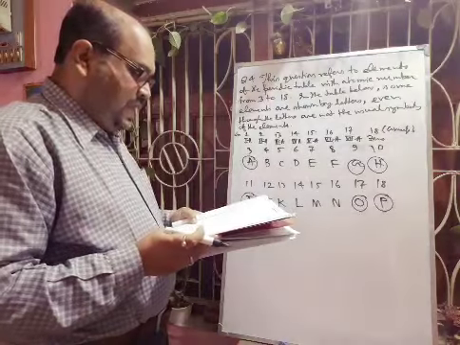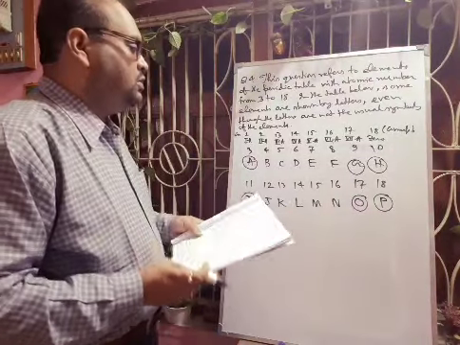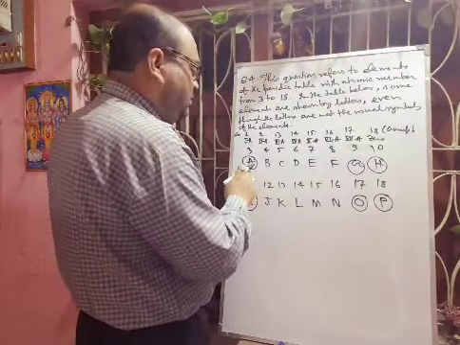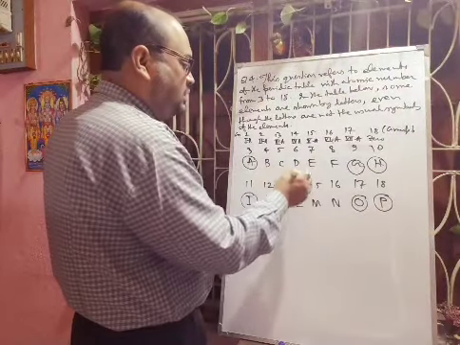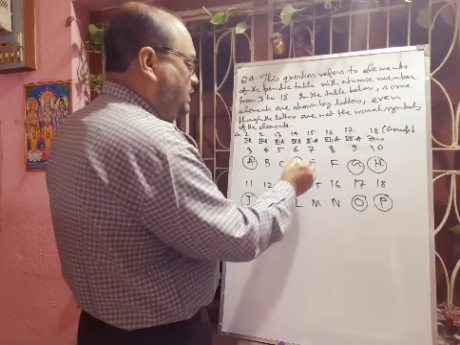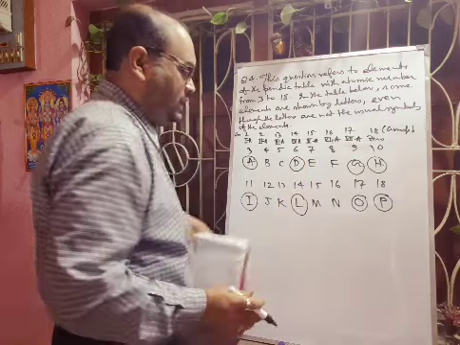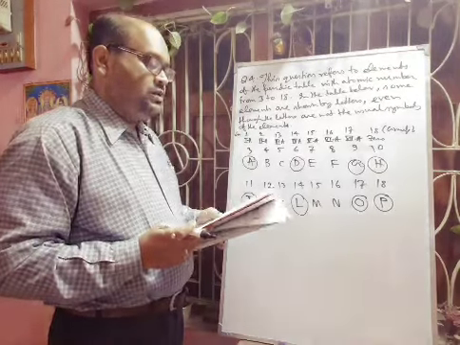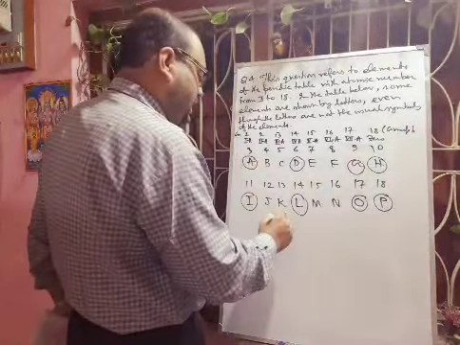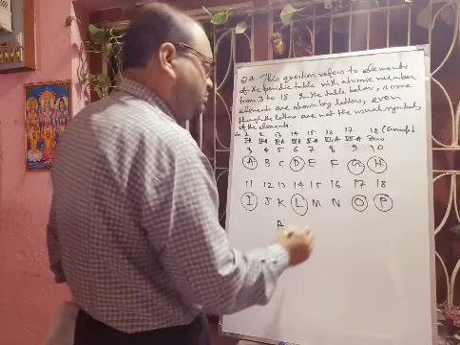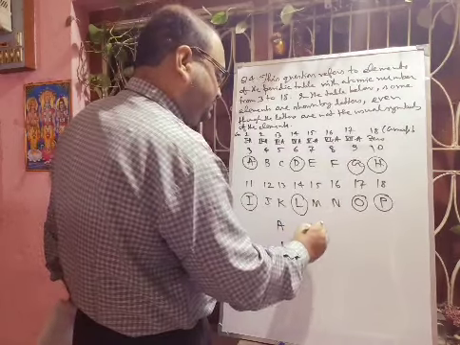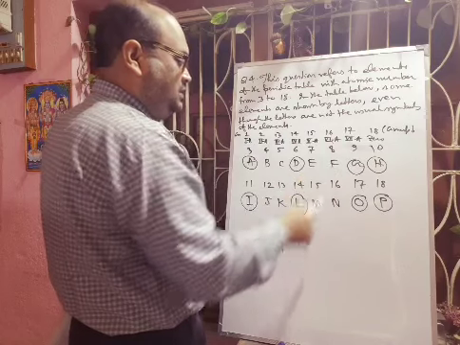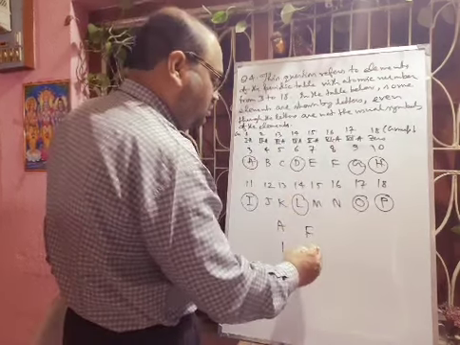Next one is given an element with valency 4. So valency 4, here valency 1, 2, 3, 4. So these elements have valency 4, so it will be D and L. And next question is given that if A combines with F. First A valency you have to write 1 and F is group 16, so its valency will be 2.